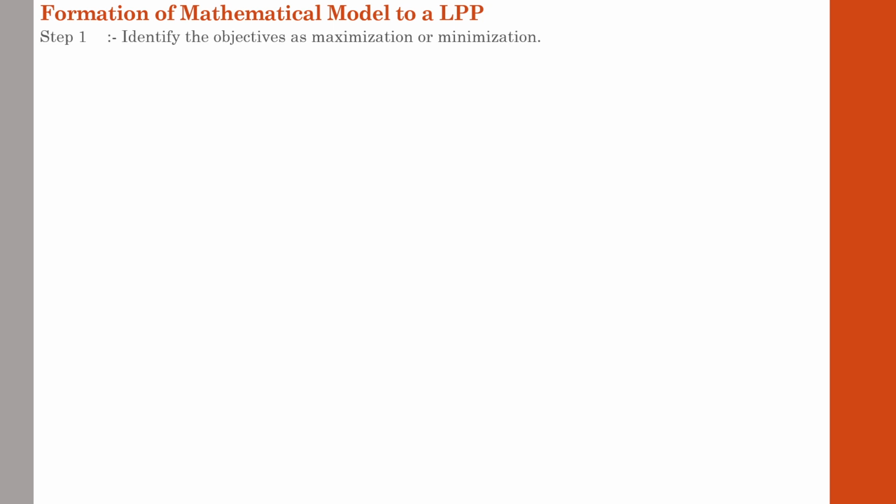identify the objective, what the decision maker is planning to do, whether the decision is taken in order to maximize profit or minimize cost. So we will use the term maximization or minimization. That is of great importance. First you need to identify that. In the question itself you can easily identify whether it is a maximization case or a minimization case, because it will clearly specify the purpose of the decision.